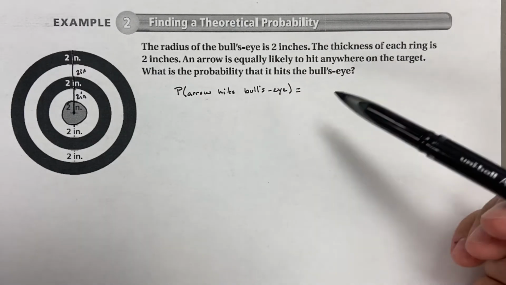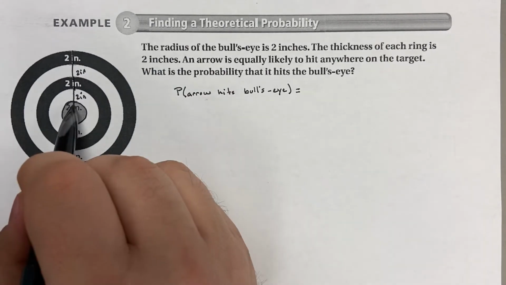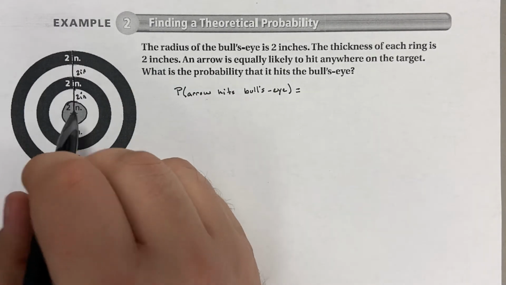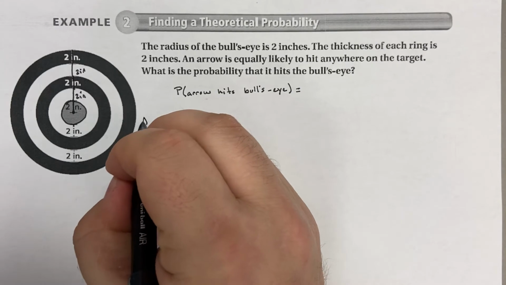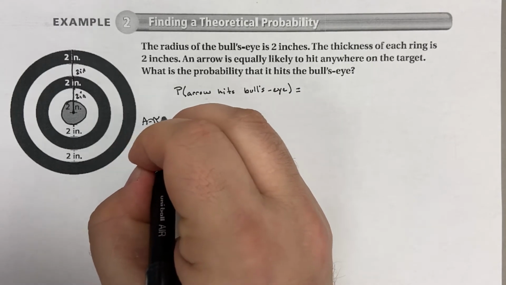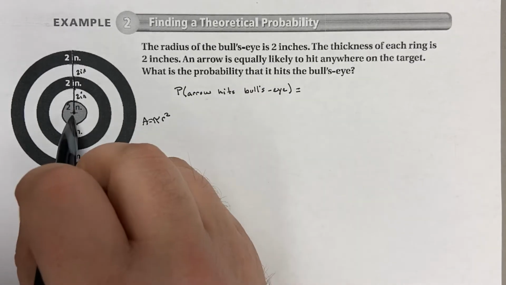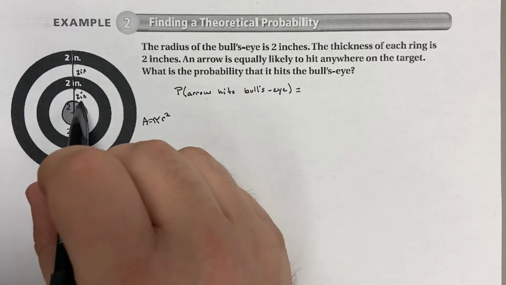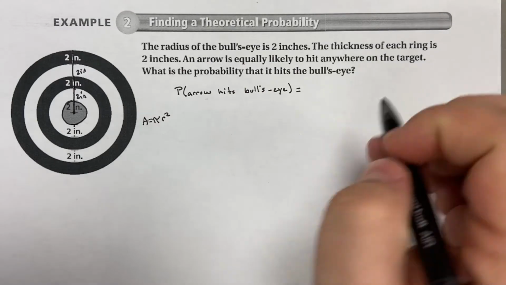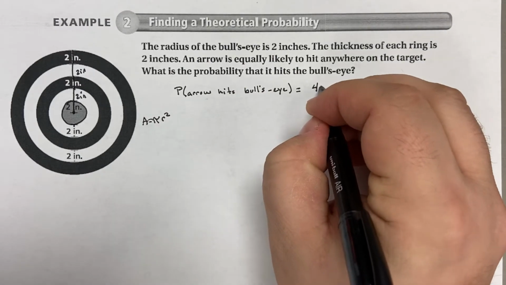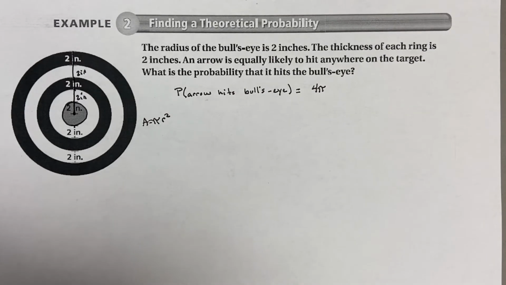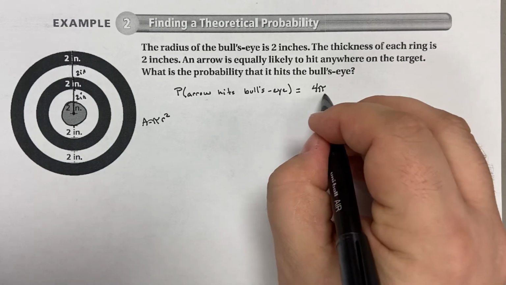Now, the area of the bullseye is how much? Well, the area of this circle, area of a circle equals pi r squared. Our radius is 2, so the area of the small circle is going to be pi times 2 squared. Well, 2 squared is 4, so 4 pi. I'm going to leave my answer in terms of pi, and you'll see why hopefully in a minute, because we got to